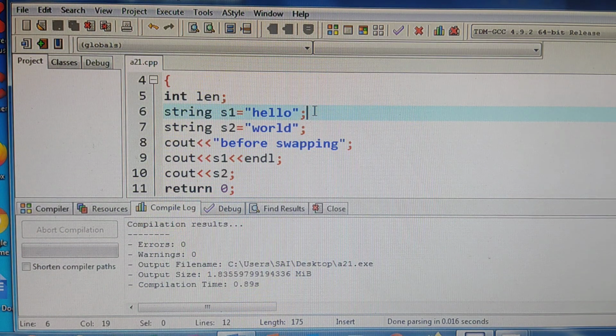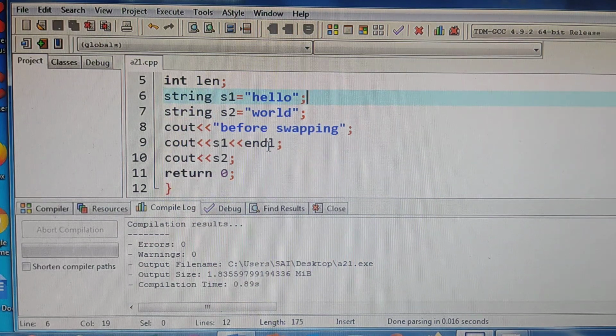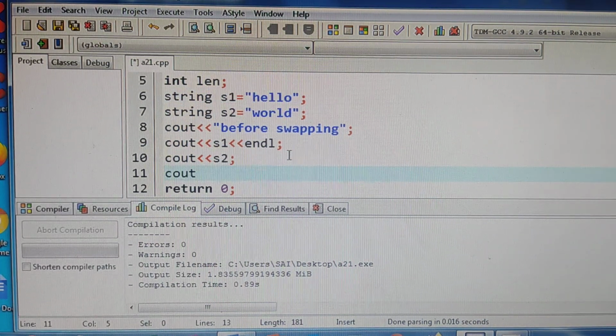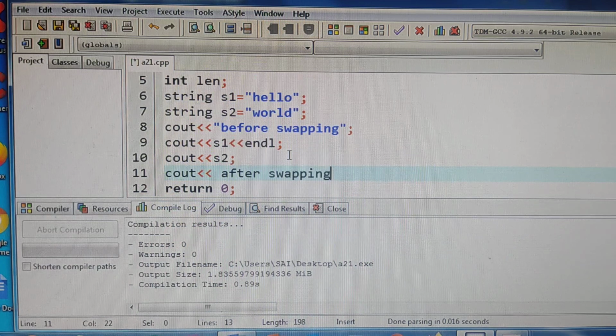Right, now we will do the swapping. To swap, again here I am giving first cout, after swapping.